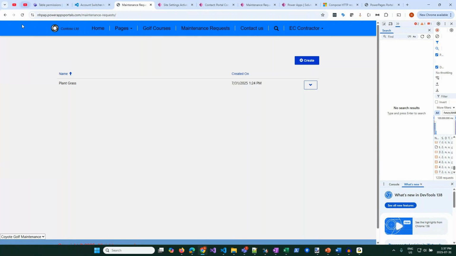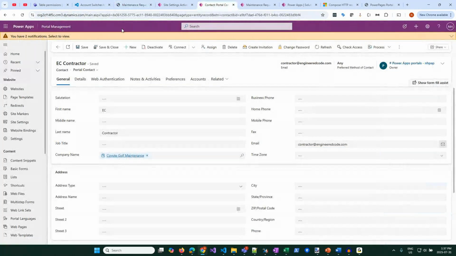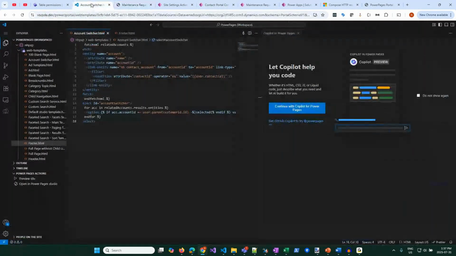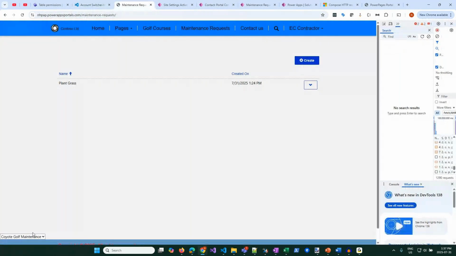There we go. You can see when the page loads here, it's going right to Coyote Golf Maintenance because that is what this particular contact has selected as their parent account. So we've got a real simple interface here, a dropdown. All we need to do is, what if I click Acme? Well, we wanted to then update the contact's